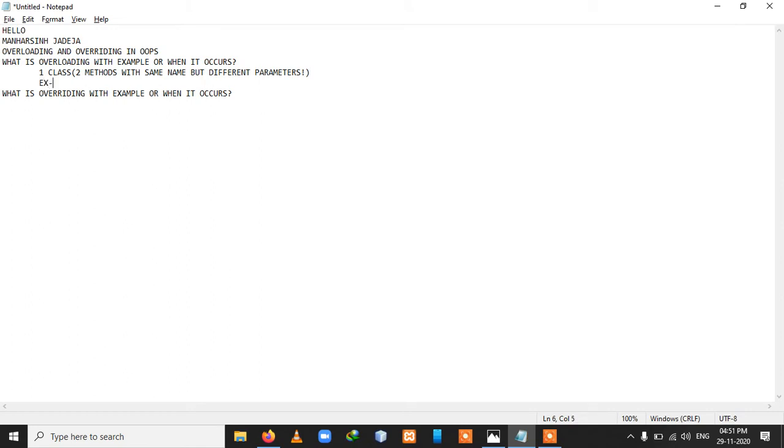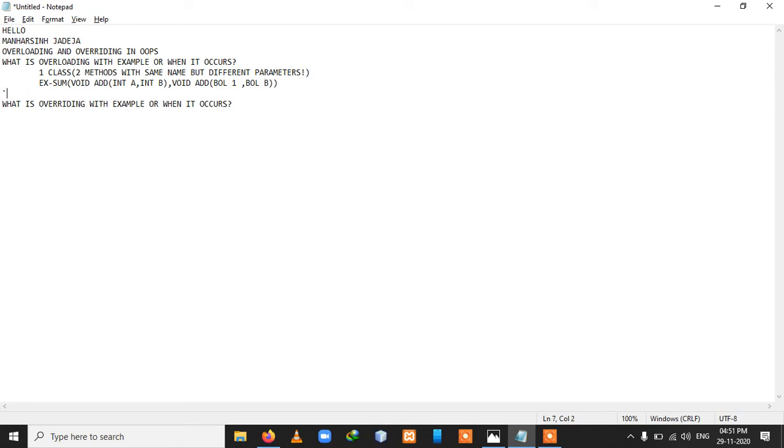If I explain with an example, I have one class in which I have two methods with the same name, void add and a second void add. As I said, we will pass different parameters. In the first method I am passing integer a and integer b, while in the second I am passing boolean a and boolean b.